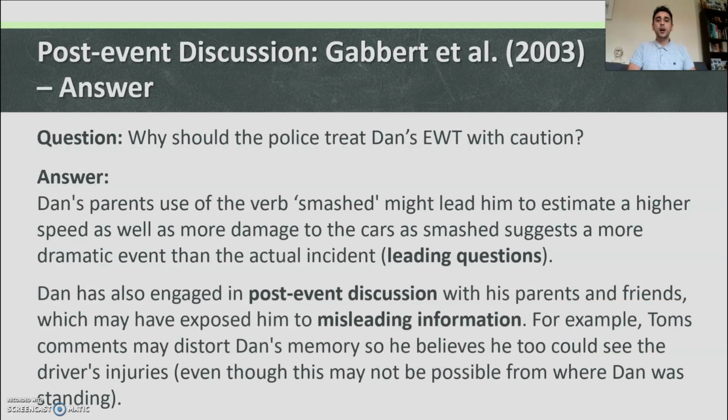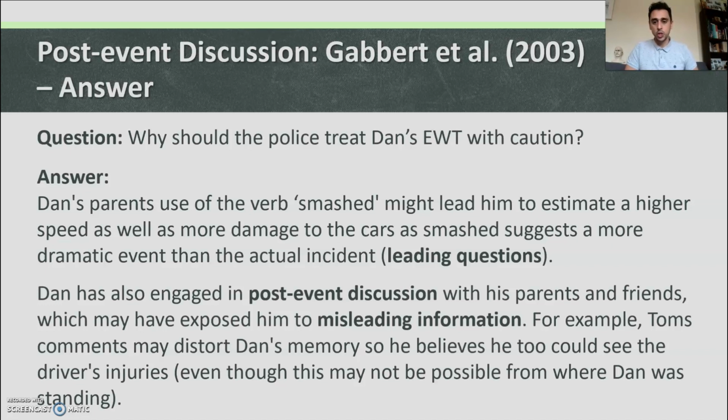Dan's parents used the verb smashed. That might lead him to estimate a higher speed as well as more damage to the cars, as smash suggests a more dramatic event than the actual incident. It's a leading question. Dan also engaged in post-event discussion with his parents and friends, which may have exposed him